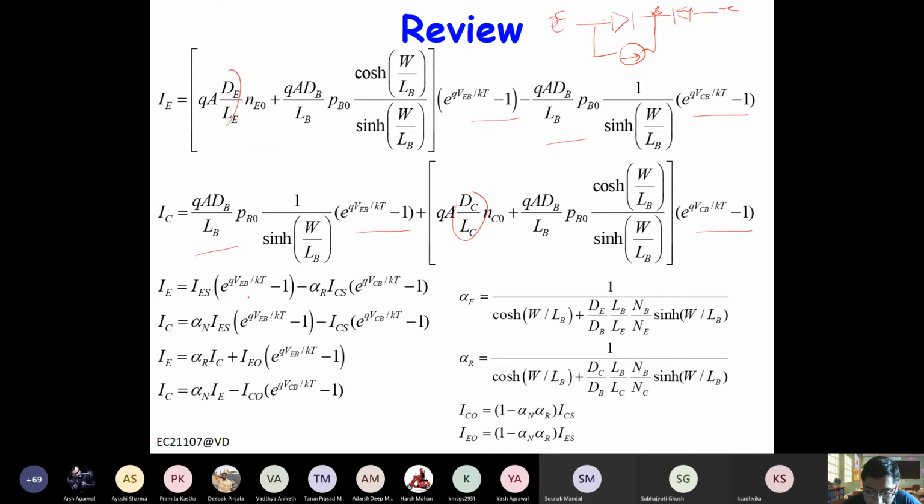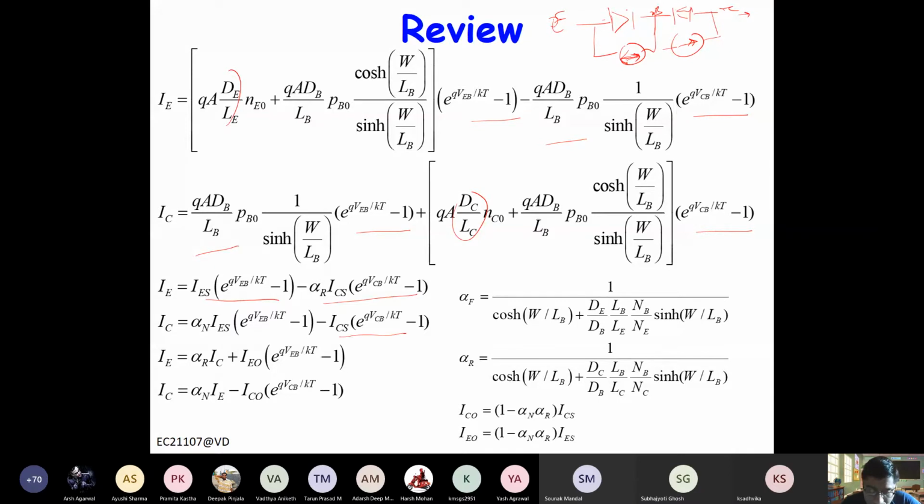So this is diode IES, and this is ICS. This diode, this alpha R ICS, so sort of opposite, right? Minus, right? And then IC is basically moving out, so diode sign is opposite, so you will get a negative sign here, and this will be alpha N IES. So this is IES, alpha N IES. This is ICS, alpha R ICS. So you can recall this model.